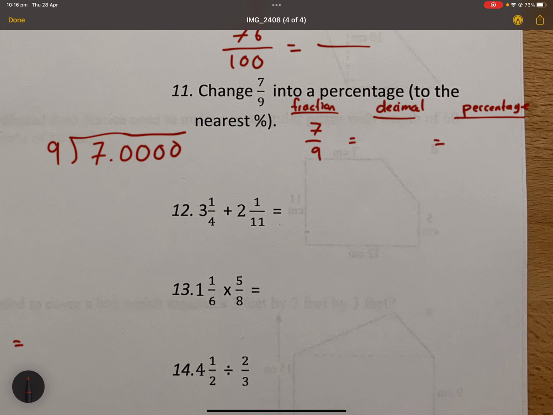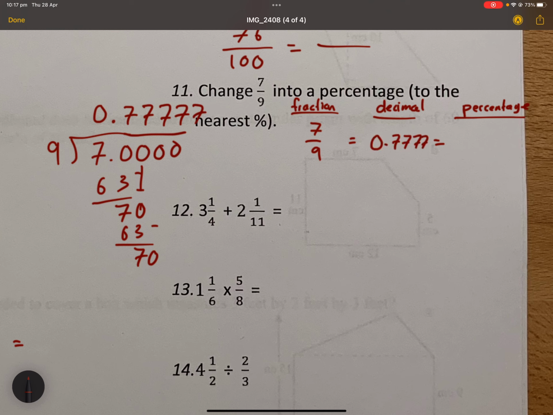See what happens. So 7 divided by 9 is 0. You can't do it. Okay, and then we know that it's going to be 0 point something. So 0 point, let's see. Now, what's 70 divided by 9? 70 divided by 9 is 7. 9 times 7 is 63. Minus, and you get 7. 70 minus 63 is 7. Bring the next number down. 70 again. 70 divided by 9 is also 7 again. And then 7 times 9 is again 63. So we keep minusing, and you notice that we keep getting 70 divided by 9. So it keeps saying 0.7, 0.7, whatever. So the answer for decimal is